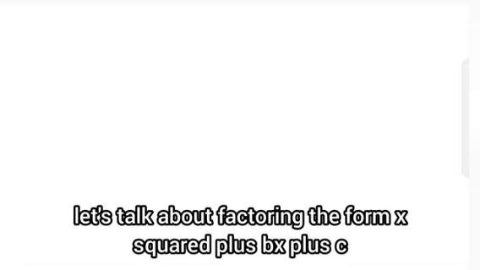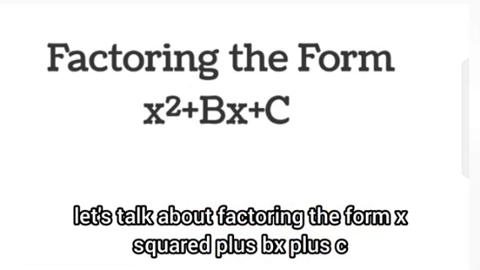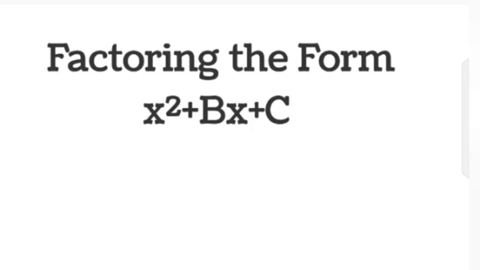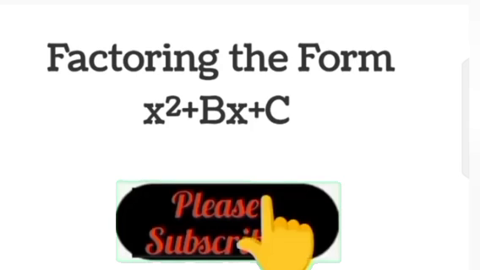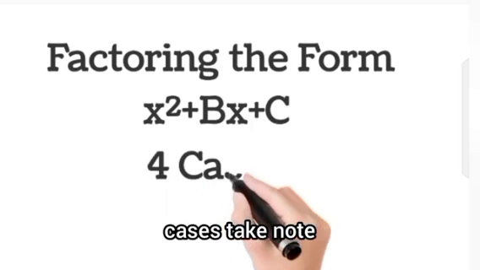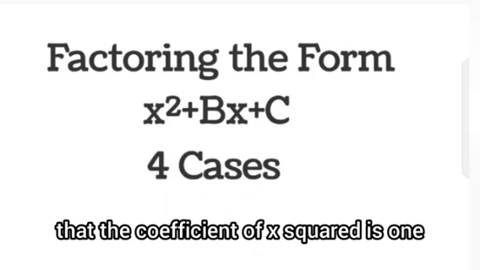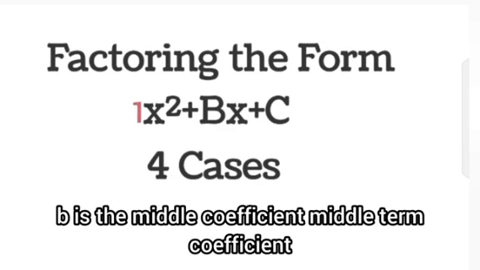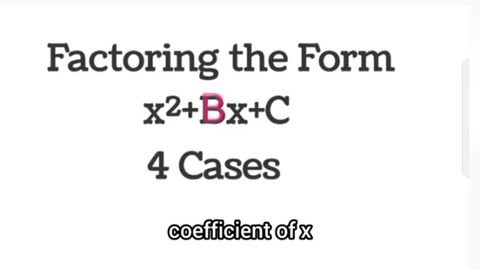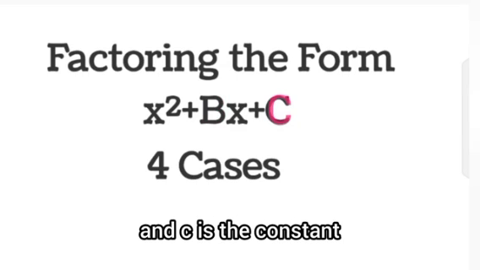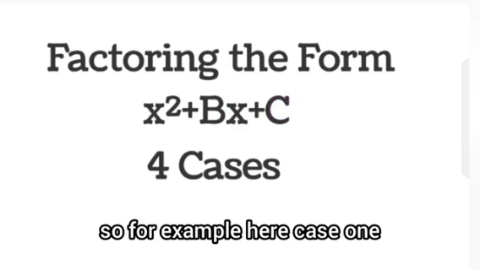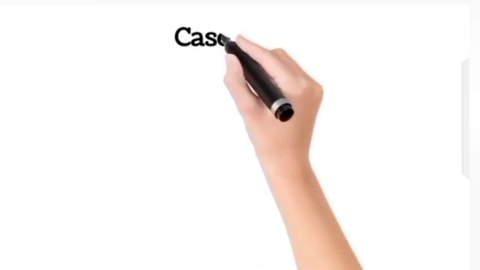Let's talk about factoring the form x² + bx + c in 4 cases. Take note that the coefficient of x² is 1, b is the middle term coefficient of x, and c is the constant. So for example, we have here case 1,